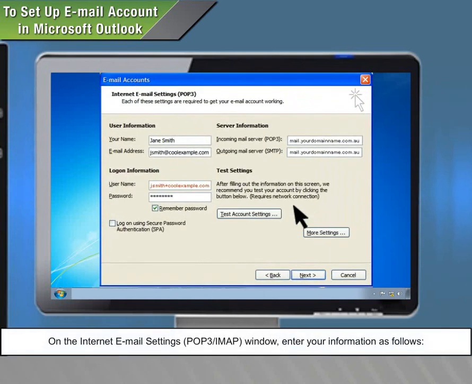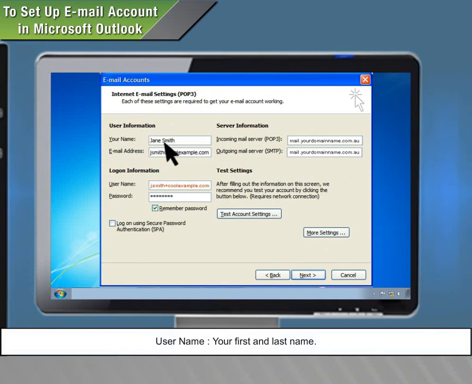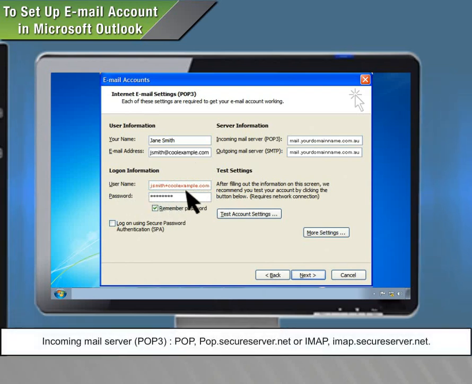On the Internet Email Settings, that is POP3 or IMAP window, enter your information as follows: your name, your first name and last name; email address, your email address; username, your email address again; password, your email account password;